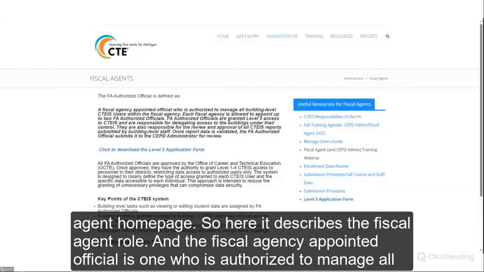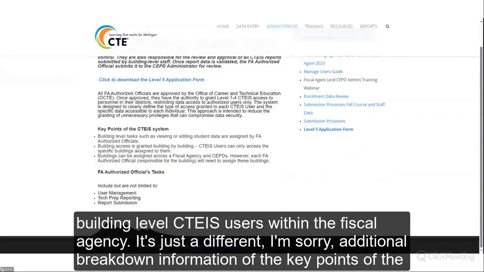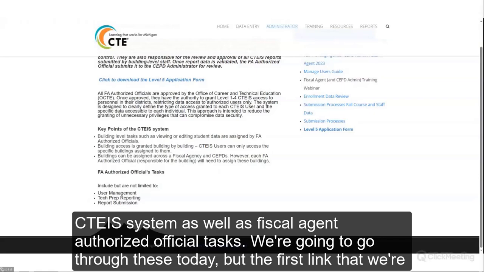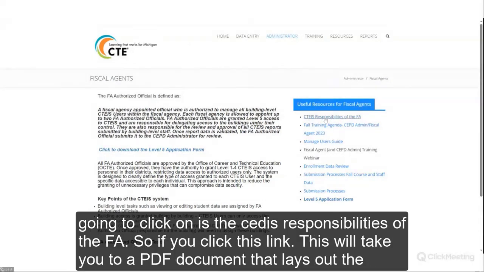The fiscal agency appointed official is one who is authorized to manage all building level CTEIS users within the fiscal agency. It's just additional breakdown information of the key points of the CTEIS system, as well as fiscal agent authorized official tasks. We're going to go through these today, but the first link that we're going to click on is the CTEIS responsibilities of the FA. So if you click this link,